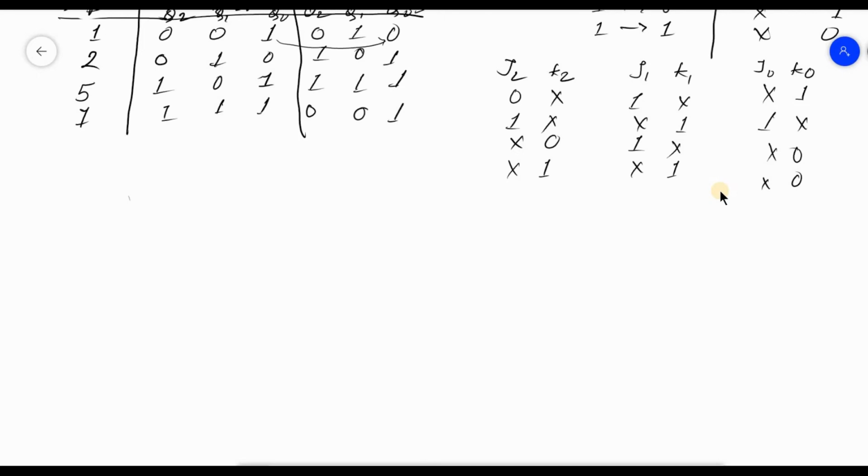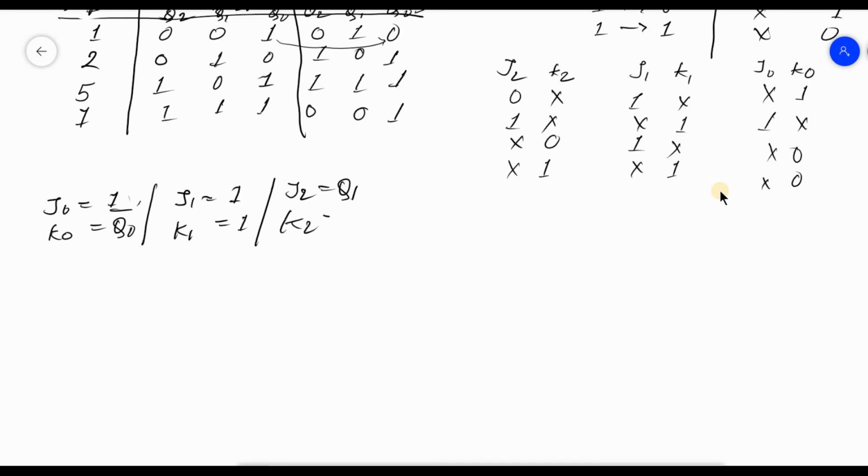So for J0, we'll get J0 is equal to 1. We'll have K0 is equal to Q0 naught. Then we have J1 is equal to 1 and K1 is equal to also 1. Then we'll have J2 is equal to Q1 and K2 is equal to Q1. So these are the pair of values that you can get by simplifying all these using K-maps, and then we can use these logic equations to